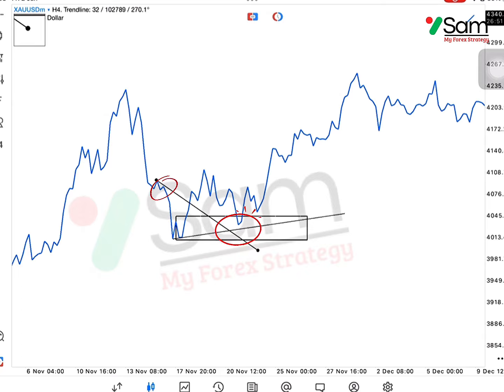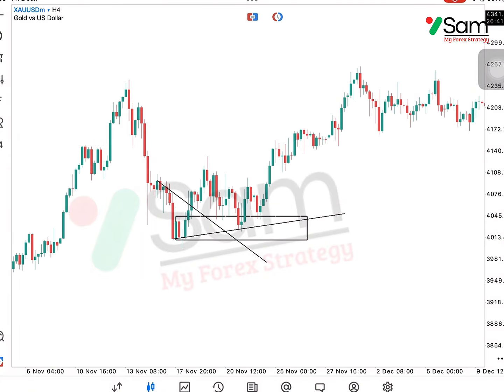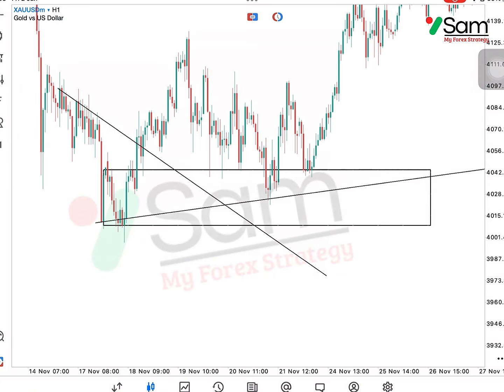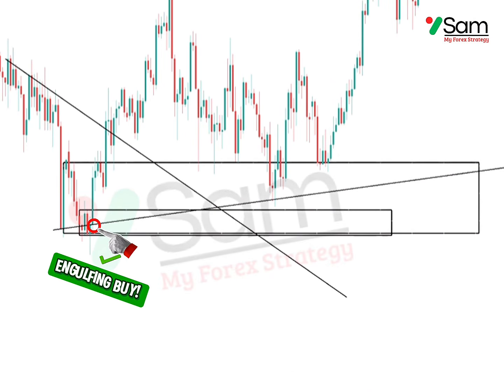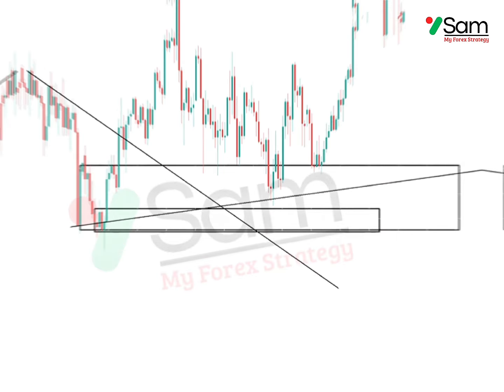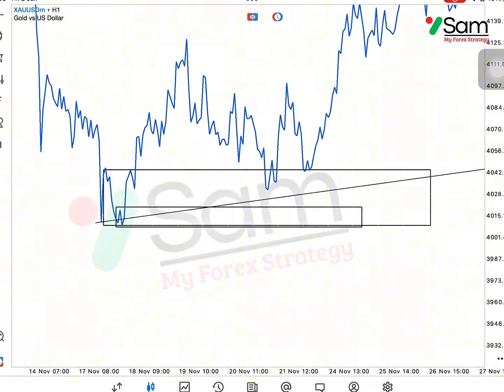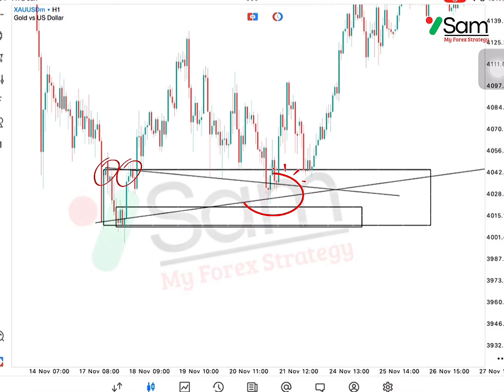But since this is the H4 time frame, our entry zone is too wide. That's why we move down to the H1 time frame. On H1, we check again for a bullish engulfing. And here we can see another engulfing, so we can mark this area. We can then look for more confluence. Here we find two resistance levels, draw another trend line, and notice that the entry zone becomes smaller and more precise.